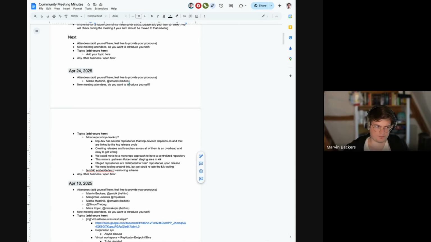What I'm wondering is how much of a migration is this? Okay, we need to have a staging folder in the KCP repository, and then we would need to have automation that acts on a tag in the stage. I'm not sure how it exactly works in Kubernetes. I believe we have a release manager present here from Kubernetes. How does it work?